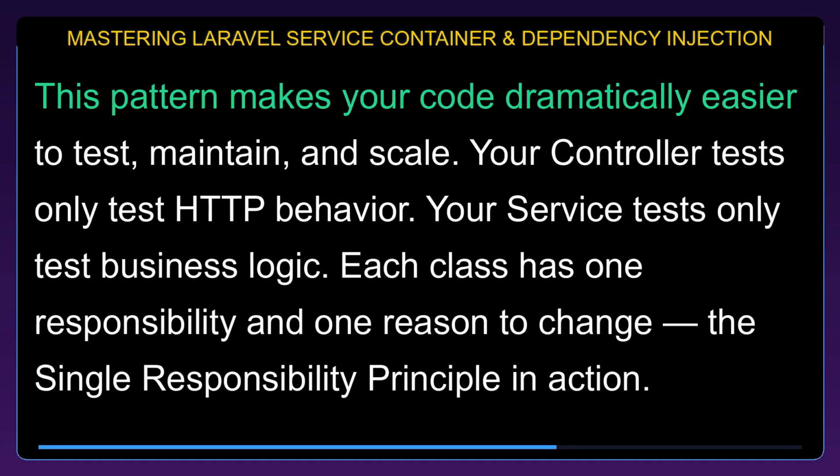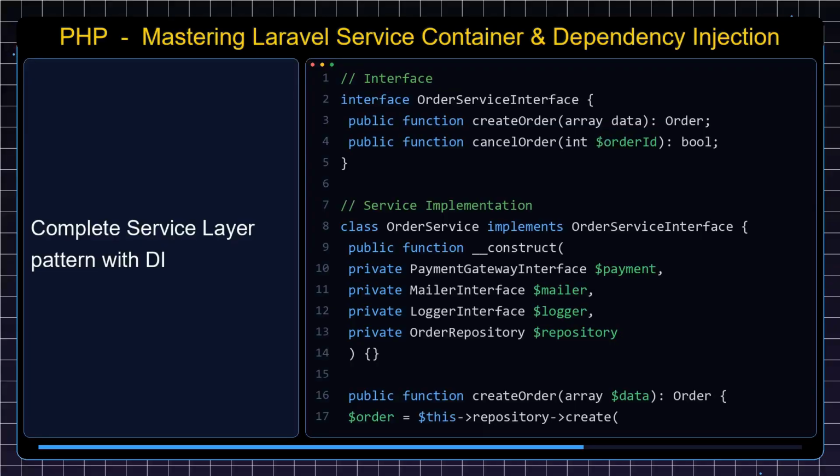Your controller tests only test HTTP behavior. Your service tests only test business logic. Each class has one responsibility and one reason to change. The single responsibility principle in action. Complete service layer pattern with the